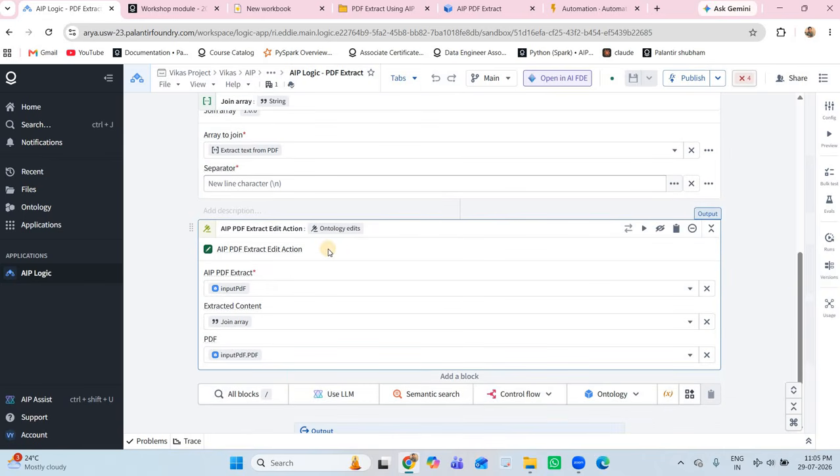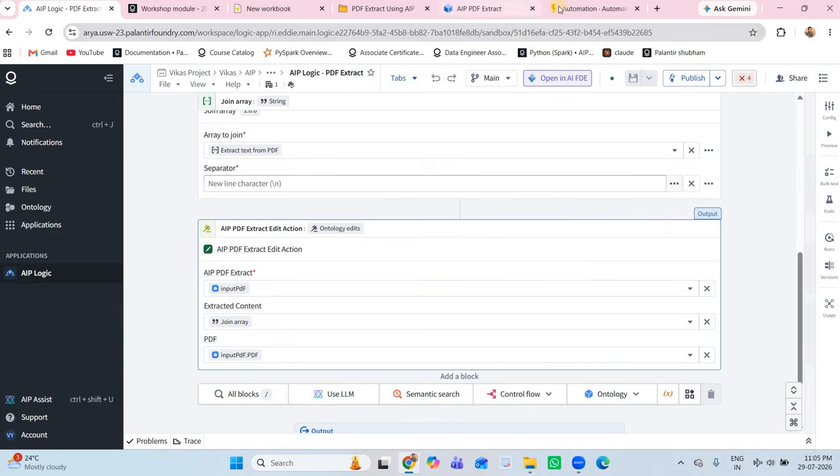What it will do is update the ontology. Whatever extracted PDF it was, with whatever joined array we have extracted, goes into the property or column, you can say, extracted content. So this is what is set up in the AIP Logic.